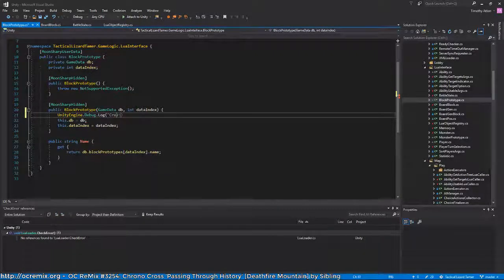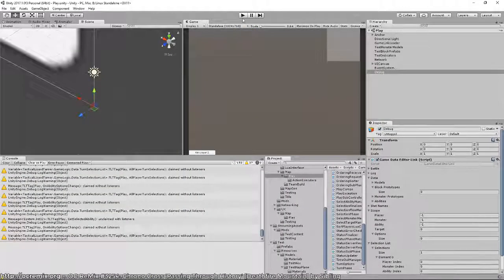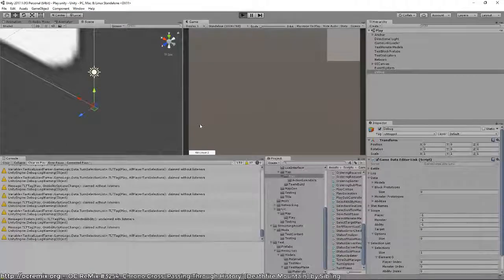Okay, creating new block prototype. I don't really see anything wrong with this code, so